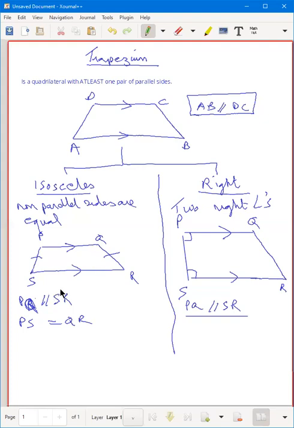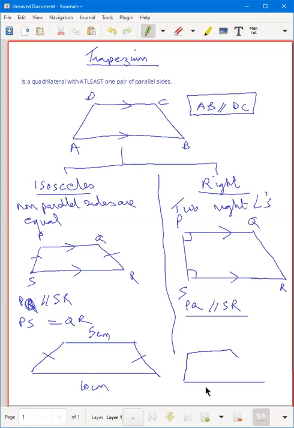Okay. Right? So supposing this is 10 centimeters and let's say this is 5 centimeters. So what you will find is that this distance is equal to this distance. So the placement is such that these lengths are equal. Sir, I thought it depends on the angle. Yes, so in this what we can do is we could have it like this also. This is again 5 and this is 10. But now if we measure these two sides, we will find that they are not equal. So this is not isosceles. So the placement of this 5 centimeters is such that both of the opposite non-parallel sides become equal. That's an isosceles trapezium. Okay. Thank you, sir.